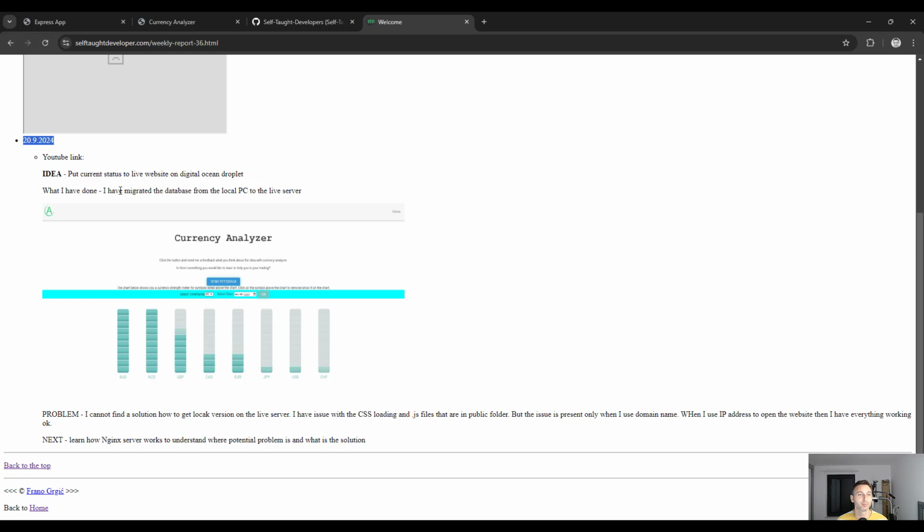I have moved the database from my local PC, from PostgreSQL, to the DigitalOcean server, and then I am working on a solution for how to put my local PC version of this Node.js website on the live server. The problem of how to put this website, the Node.js program, on the DigitalOcean droplet is not so big